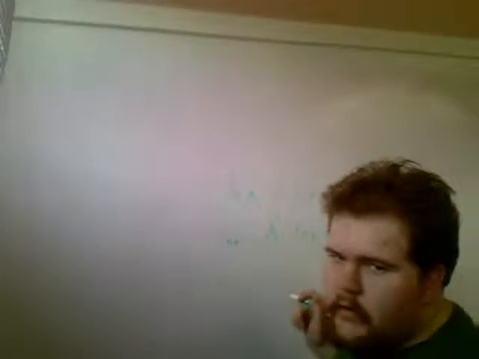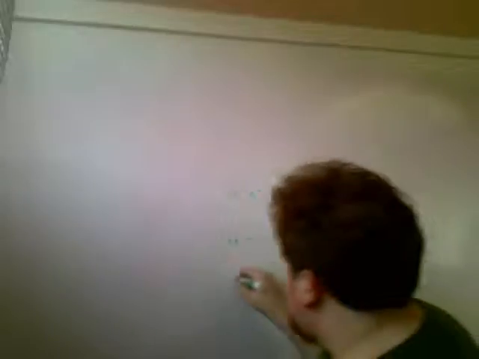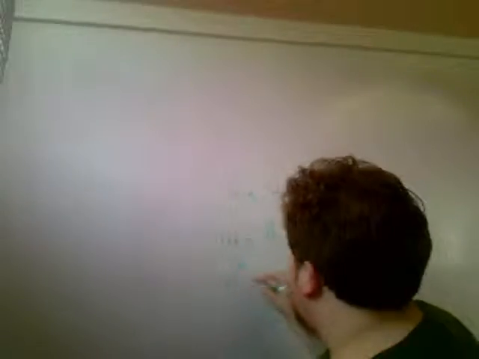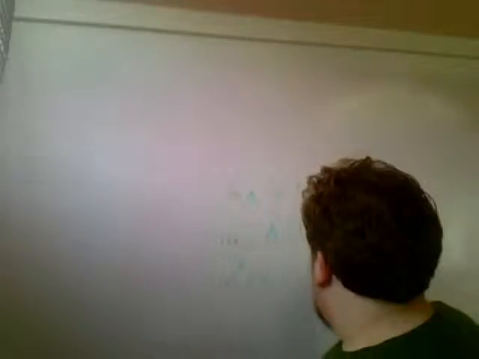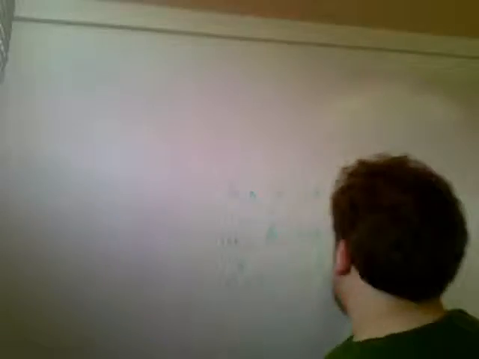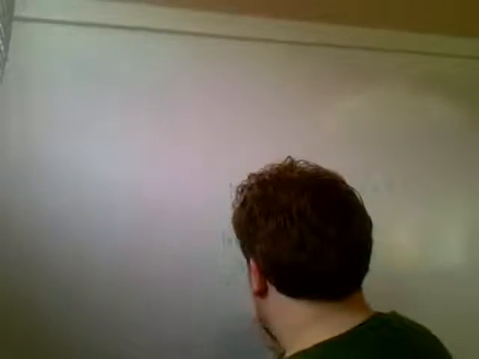Presupposing this means that e to the big A is equal to little a, and e to the big B is equal to little b. So, that means that the logarithm of a times b is equal to the logarithm of e to the big A times e to the big B,